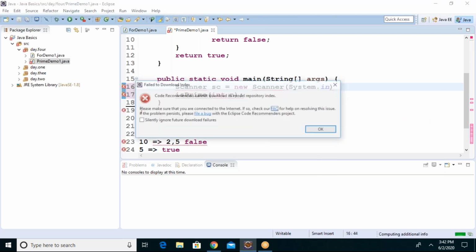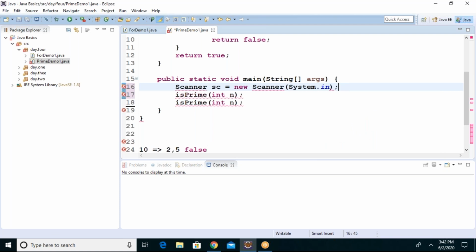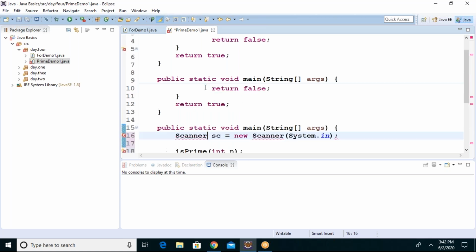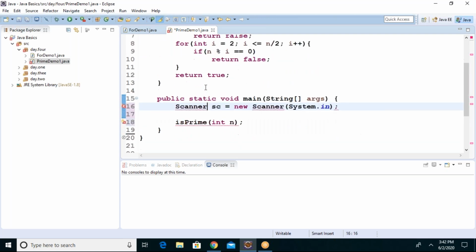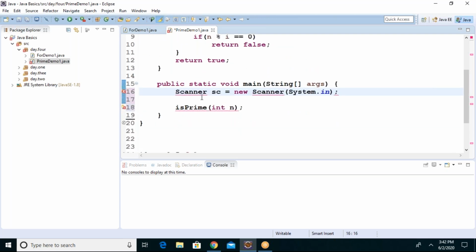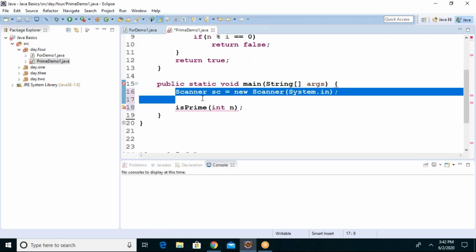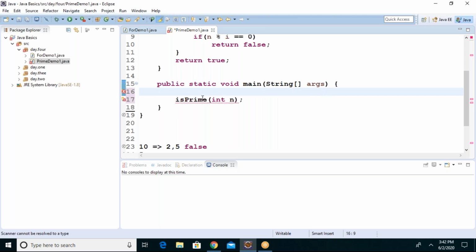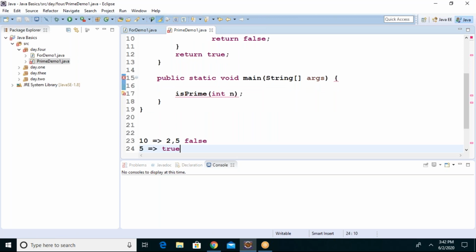And we need to import, because the Scanner class needs it.